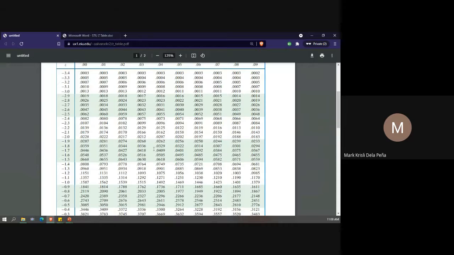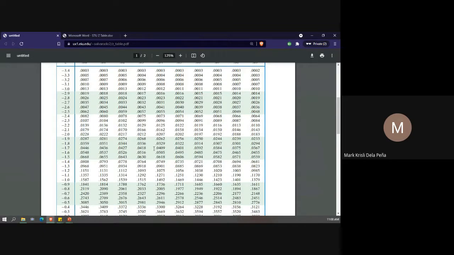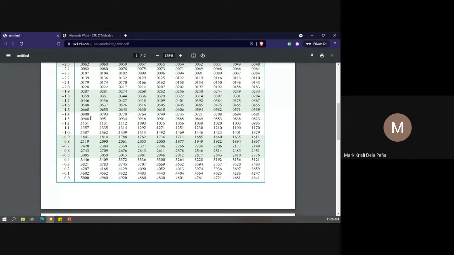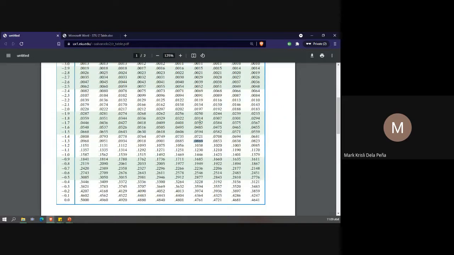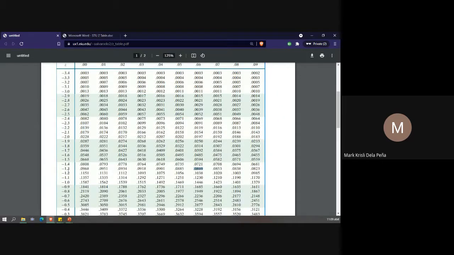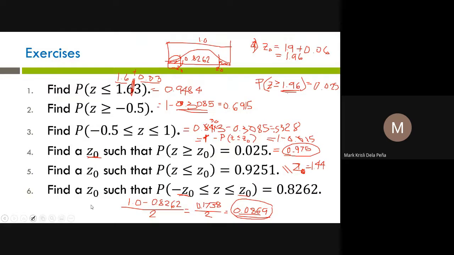Where can we find it? Okay, I'm looking at the wrong area. So 869.8, yeah. Okay, you have found it here. That's negative 1.36. Okay, negative 1.3 plus 0.06 is negative 1.36, which means our negative z sub 0 is equal to negative